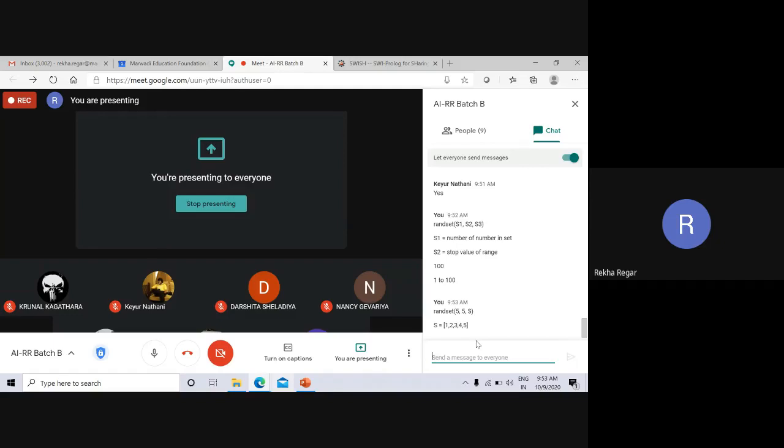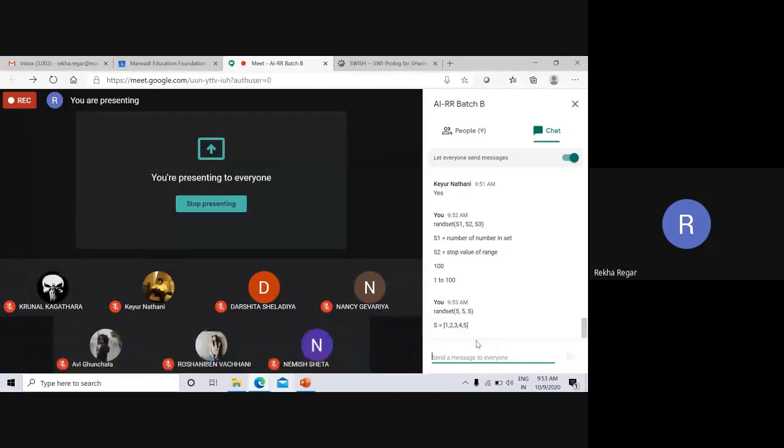So guys, are you getting the idea of how we can generate random numbers using this RAND set? It is a simple function. Just as you have it in Python, you have it in Prolog also. Prolog also gives the capability, a function that creates a random set with some specific range. Are you getting the idea of this function, what it is and what it is going to do?